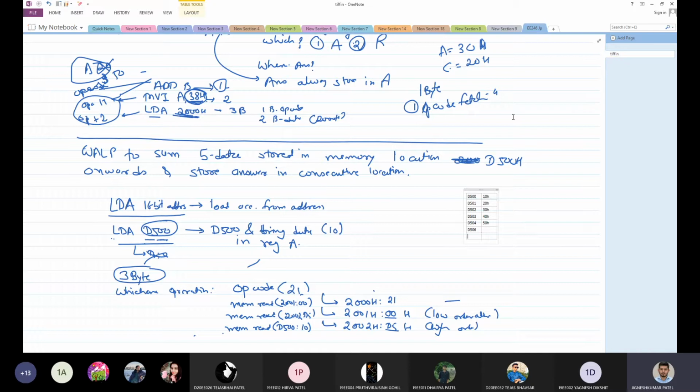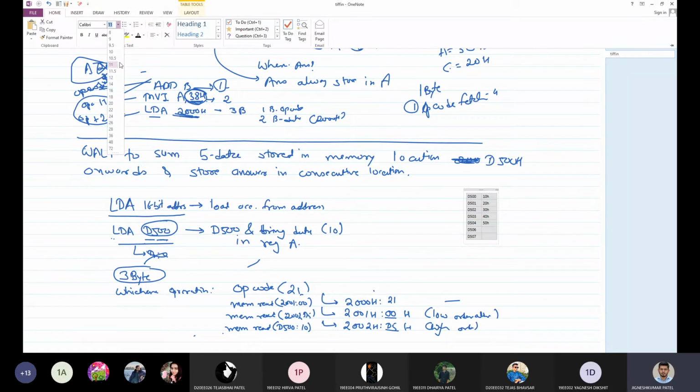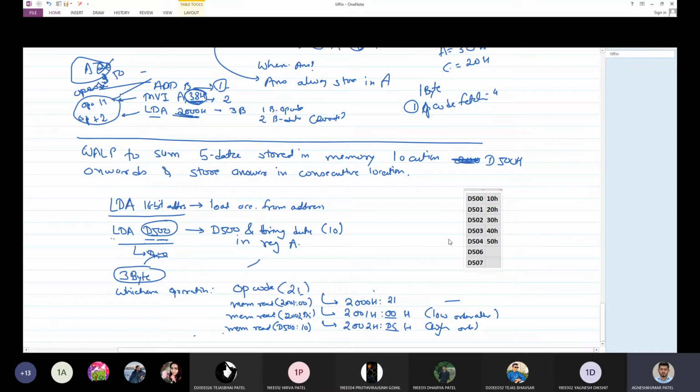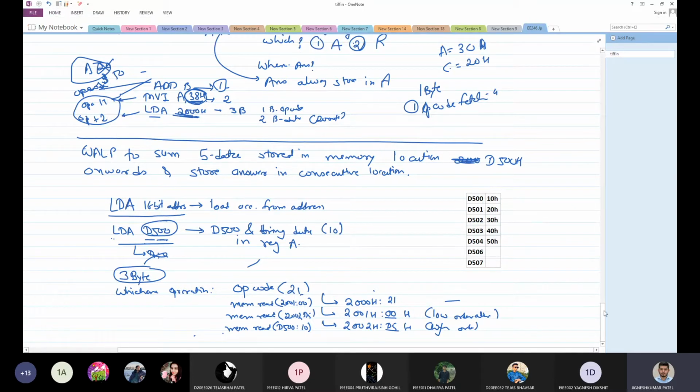D506 and D507. I hope this is clearly visible to you. This is my addresses and data inside a memory.